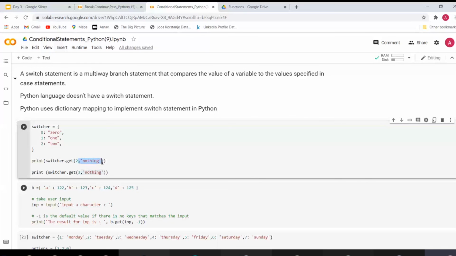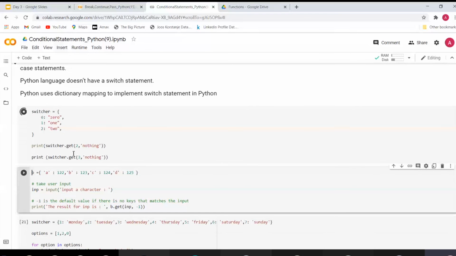Okay, so what is default case? We have mentioned three conditions in our switch case: 0, 1 and 2. But what if the condition that we provide does not exist inside our switch case? Whatever we want to do in that case, we mention over here, which is the default case. When you find nothing, you do this. Okay, so it's nothing. So let's execute this.